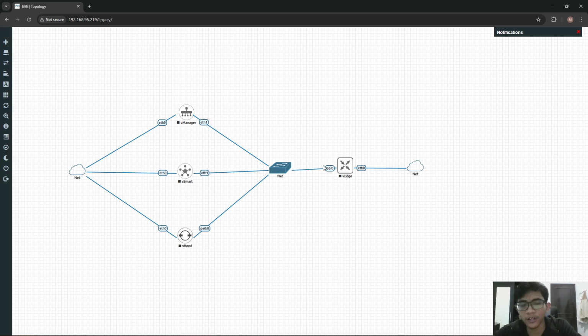And after getting routing and policy information, the administrator can use vManage to configure and monitor all devices.